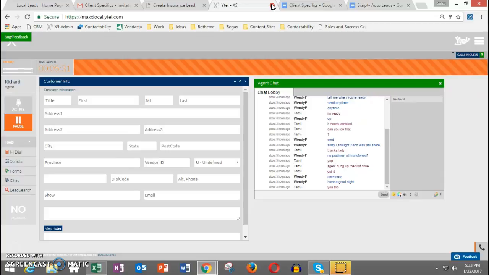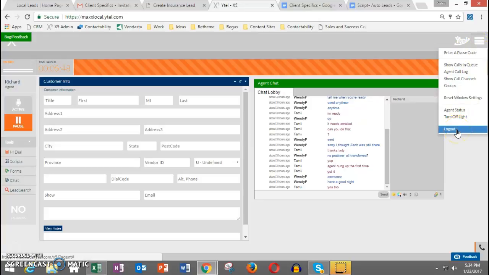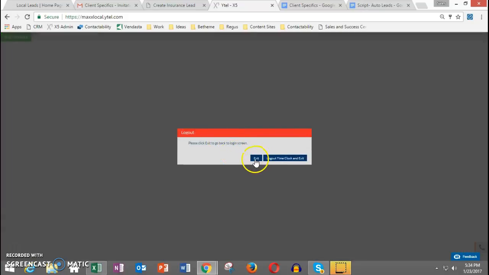The issue with that is that doesn't actually log you out of our phone system. So it still looks like you're sitting there ready to take phone calls or in a paused state. So every day when you get done with your leads, you need to go to your Whitetail screen, and you need to click on this drop down and click on log out. Now, if you don't log out, we're going to have to emergency log you out tomorrow. So if you don't log out tonight, you might have problems logging in tomorrow morning. So always make sure you log out of Whitetail, your dialer.